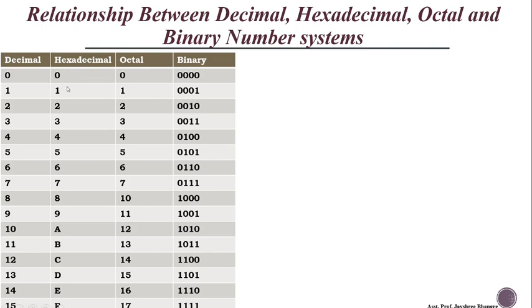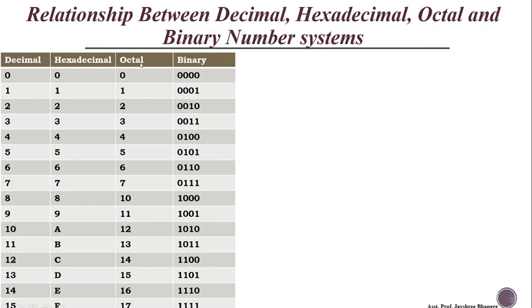In hexadecimal, digits 0 to 9 are used, and then the alphabets A to F are used. In the previous example, we wrote F equal to 15. So 15 is nothing but the representation of the hex number F in decimal. Similarly, for E the value is 14, for D it is 13, for C it is 12, for B it is 11, and for A it is 10.